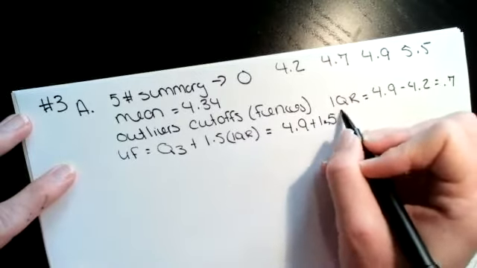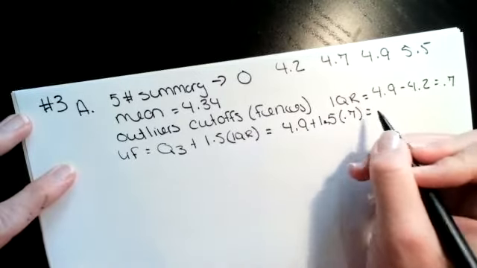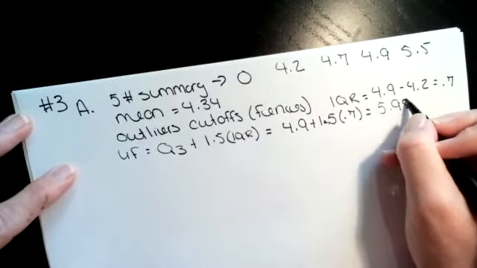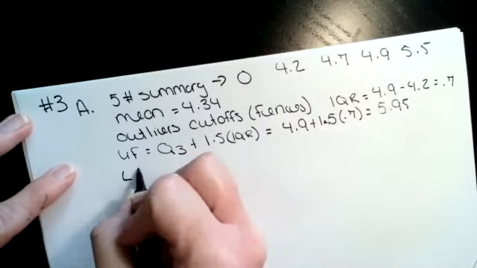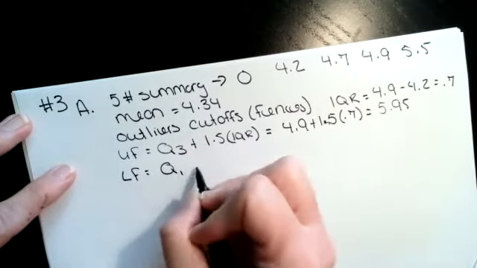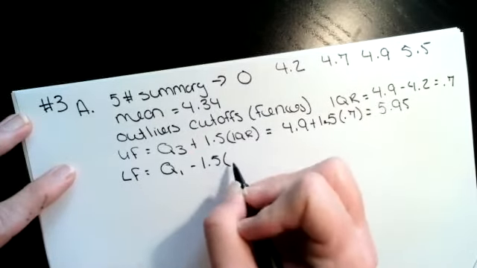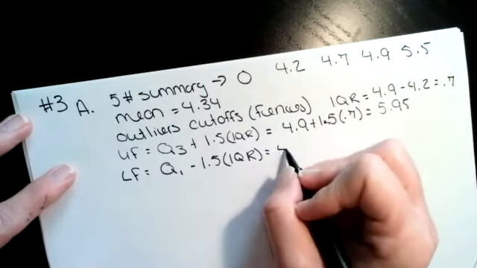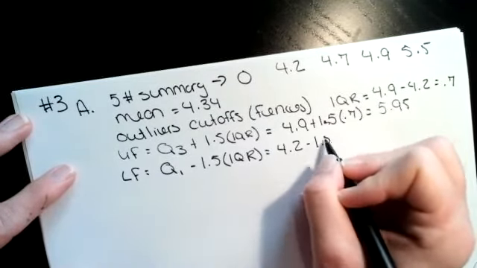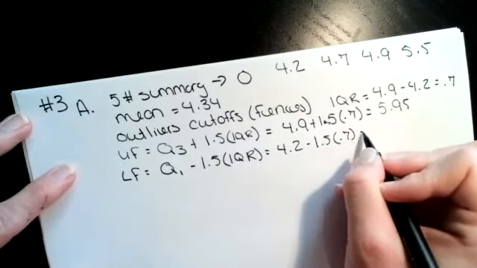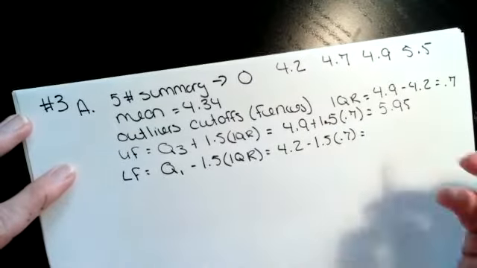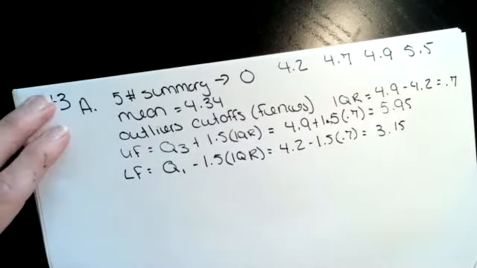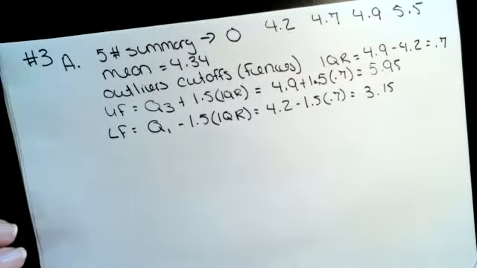I'm just going to go ahead and plug this all in. Whoops. And here I get 5.95, sorry. And then my lower fence is going to be quartile 1 minus that quantity of 1.5 times IQR. And again, I'm going to plug this all in. Like that. And I find 3.15 here. So now I have my outlier cutoff value, so I can go ahead and draw my